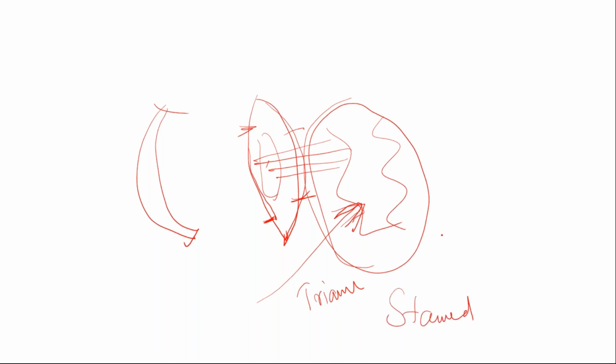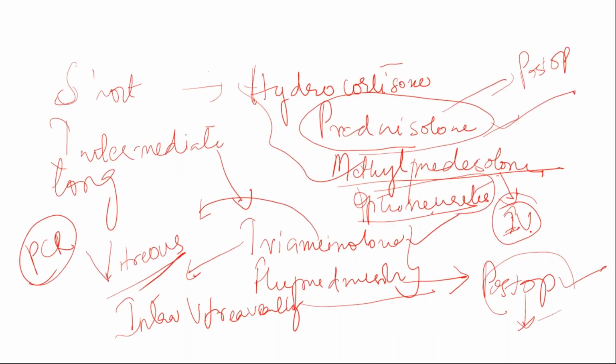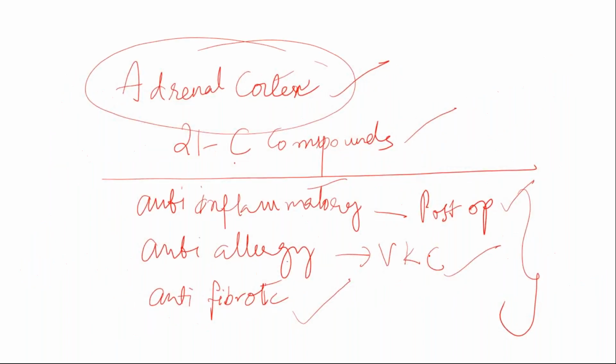When this triamcinolone is injected, the vitreous will get stained. Usually vitreous is a colorless gel, right? It will get stained white in color. So when this happens, you can see if any vitreous is present here or in the anterior chamber, we can remove that vitreous by doing vitrectomy. Okay, that's the reason why we use triamcinolone. And also if you want to give intravitreal injections, you can give triamcinolone. Okay, so these are